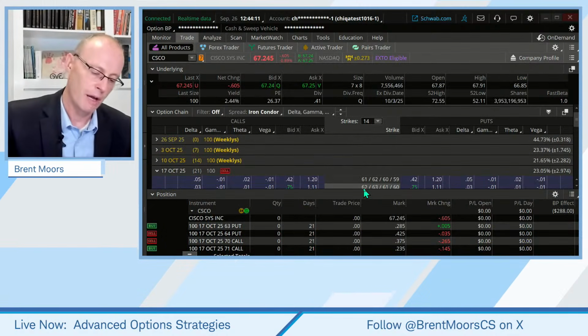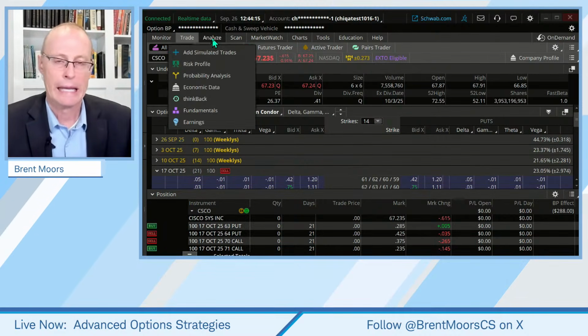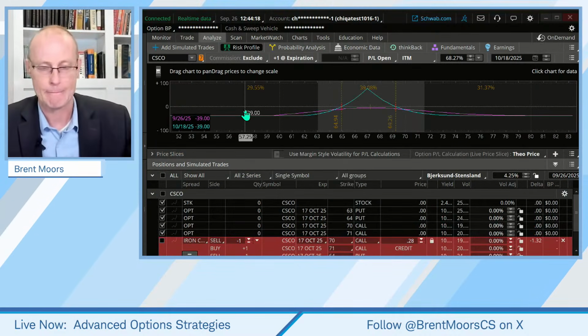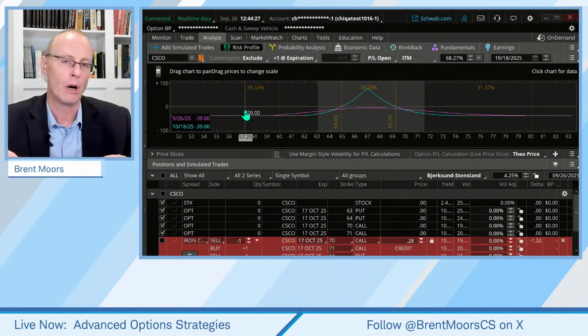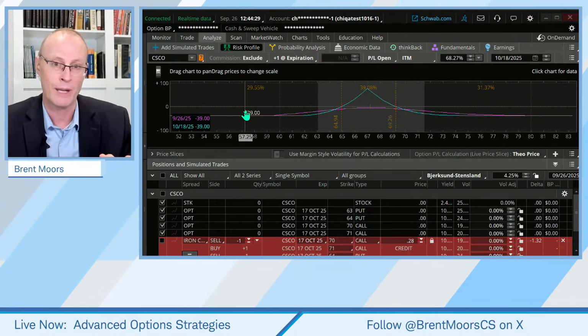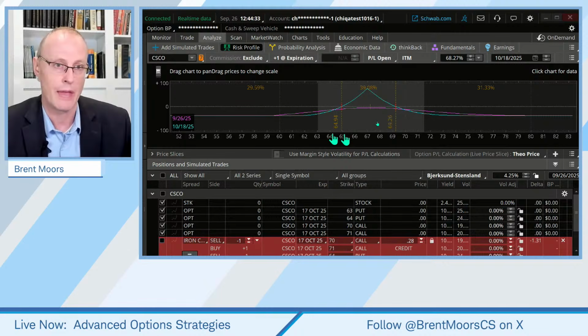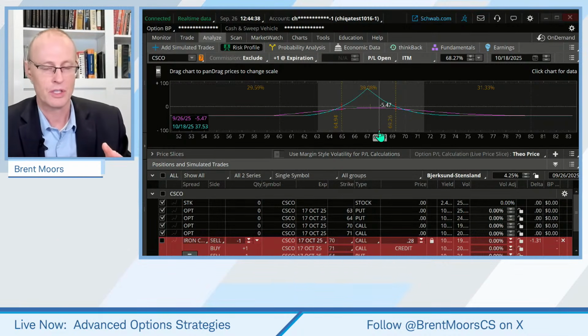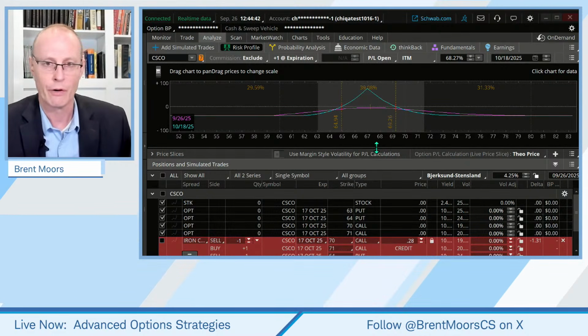Okay. So everybody, what did we do today? We talked about this risk profile, this analyze tab. It helps you to visualize the trade. On simple trades it may not be as necessary, but it's important to know how to do this because on more complex trades, such as what we were looking for on that Oracle trade example we gave you, I don't know what I would do on that without the risk profile. And as you become more advanced in options, this is going to be a very, very handy tool for you. So I wanted to give you kind of an overview on that.